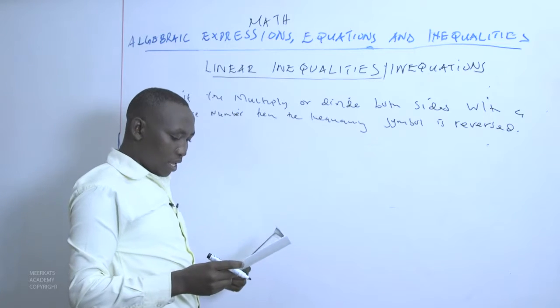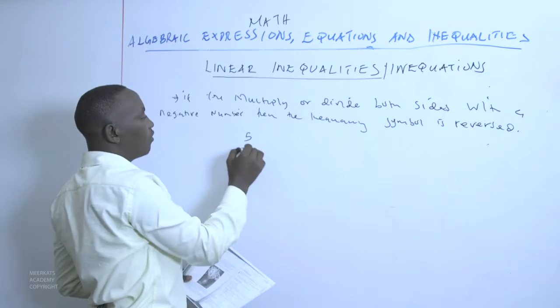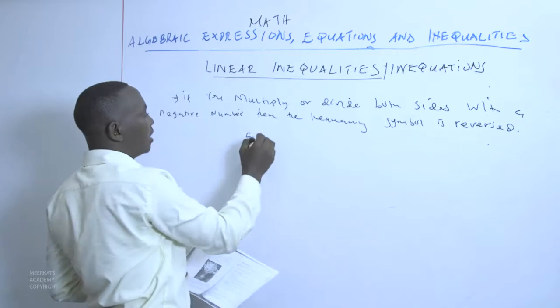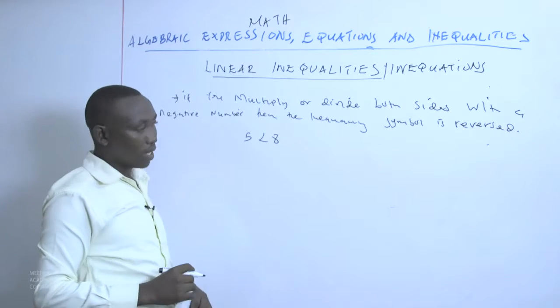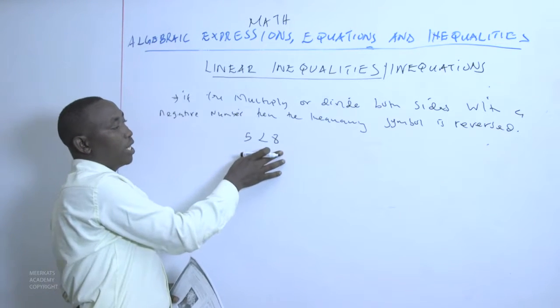For example, if you had that 5 is less than 8, this is a statement that is connecting